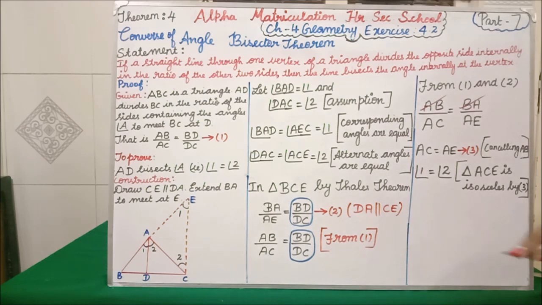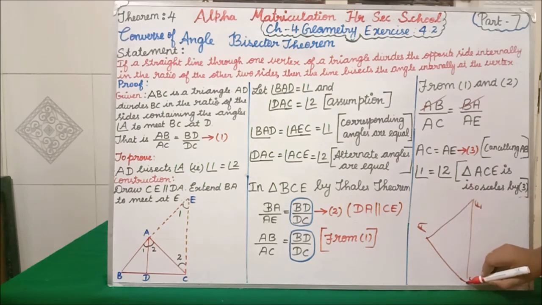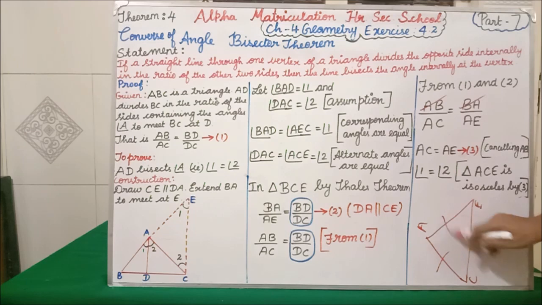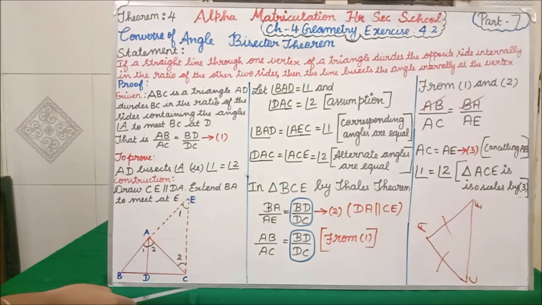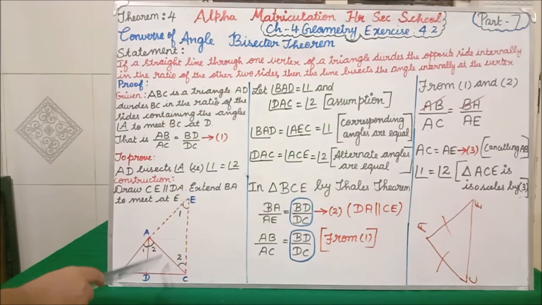See now we are saying in a triangle here E is there, here C is there, here A is there. Now AC side is equal to AE, isn't it? So in the diagram, this triangle ACE I have drawn here, we have proved now this AC line is equal to AE. Clear all of you?